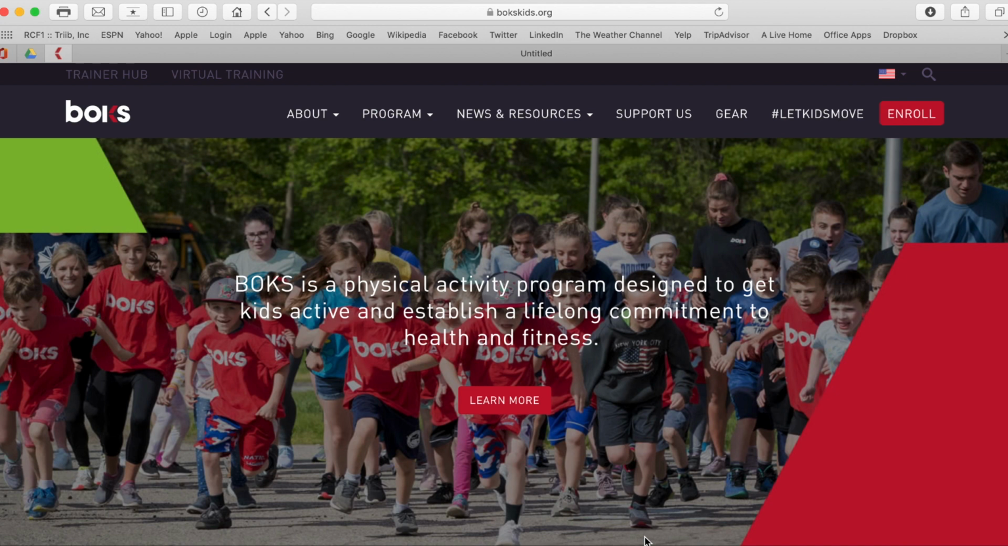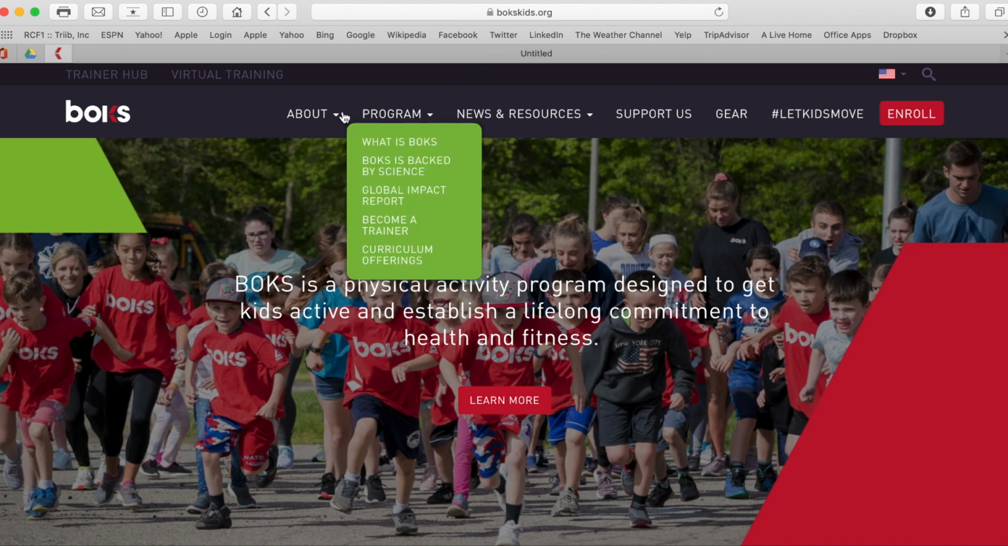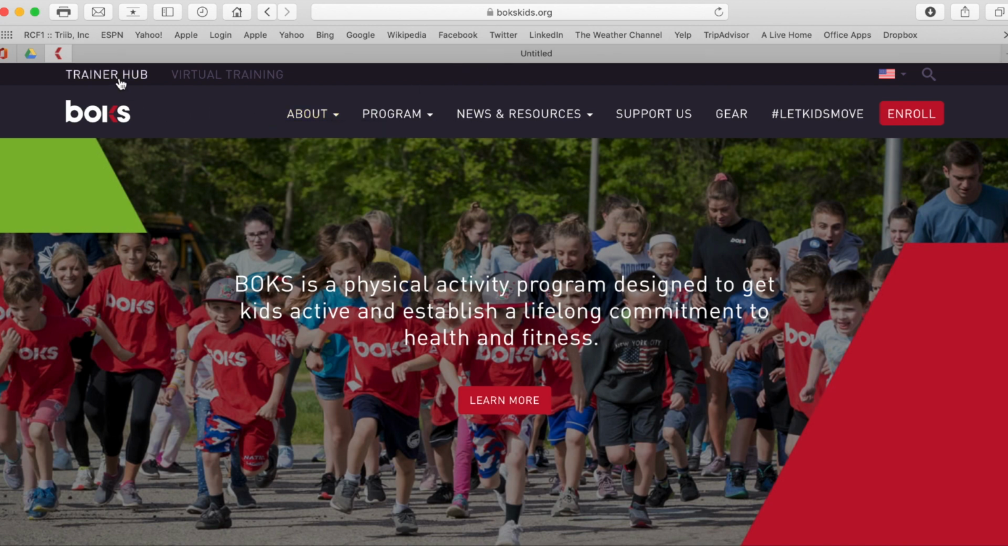So once you've enrolled your school, which you can do right here, you'll receive an email prompting you to create a password on our Trainer Hub. Follow that link and it will bring you to our Trainer Hub page. If you don't know where to find our Trainer Hub page, go to our boxkids.org website, go to Trainer Hub,